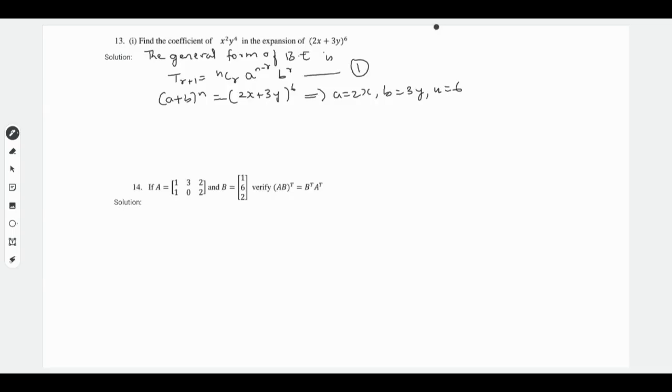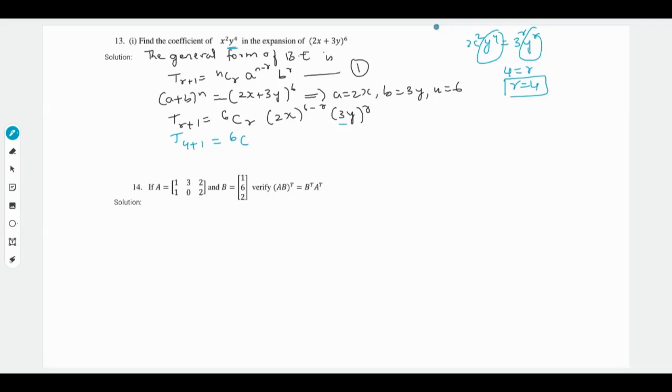Substituting the values in equation 1, we get T(r+1) as it is 6Cr, a is 2x, (6 minus r), and b is (3y)^r. Now comparing the coefficient with the r terms, we get x square y4 is equal to (3y)^r. So here y^r will be comparing y with y, we get 4 is equal to r, so r value will be 4. Now substitute the value here, we get T(4+1) is equal to 6C4, (2x)^(6 minus 4),